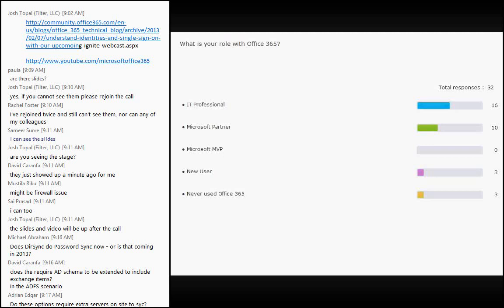Is it recommended to have individual servers for each domain controller's ADFS server and DirSync server? For each domain controllers, I'm not sure I understand that question, but if I try and interpret what that means,